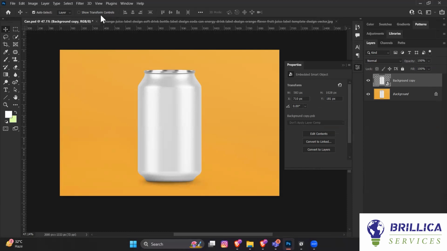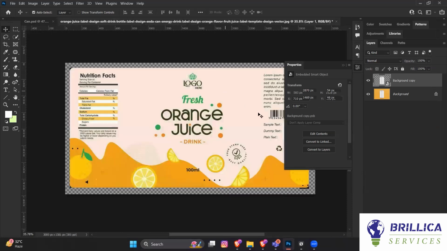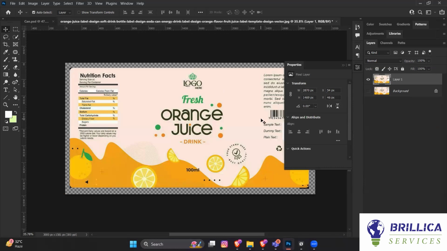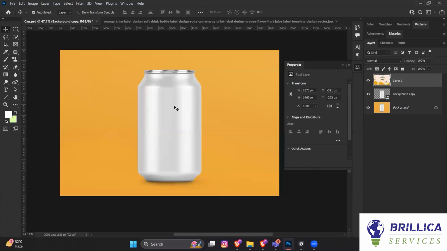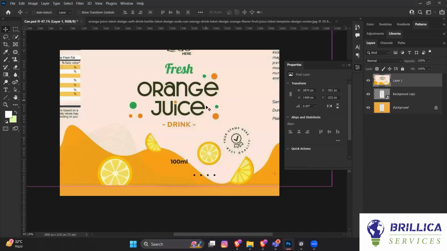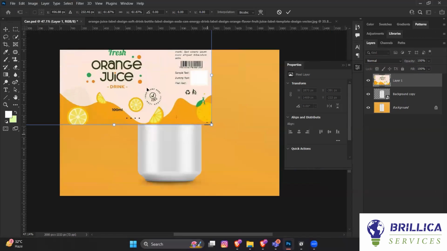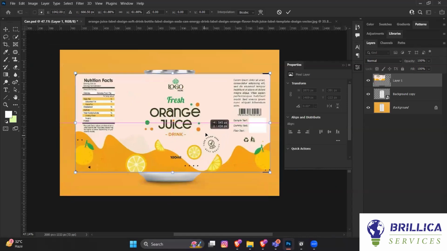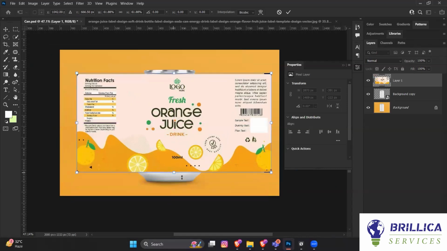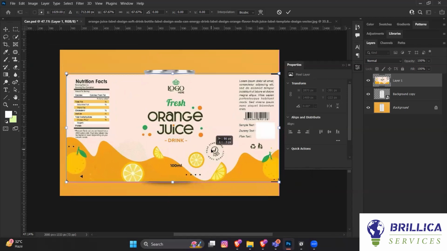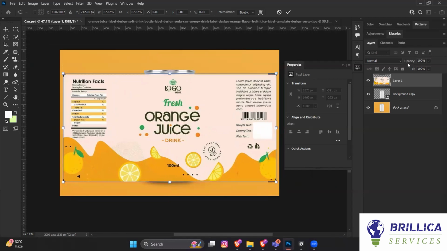Now we will go to another tab where we have one label, and just drag it into the same panel. Now just adjust the size. Press Ctrl T and adjust the size of the label according to your can or your bottle and all. Now just manage. You can lower the opacity also, making it